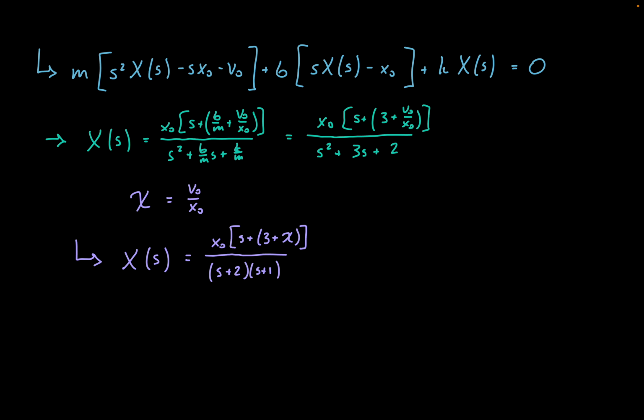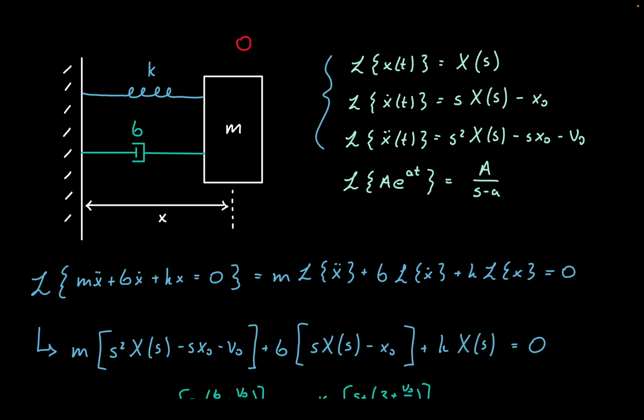Now the next thing that we can do is try to split up our denominator by doing factorization by parts. So we can say k1 divided by s plus 2 plus k2 divided by s plus 1. Because notice that we have some constant in our numerator, and then we have s and then some constant, which looks awfully familiar to this Laplace transform relation that we defined earlier for the exponential.